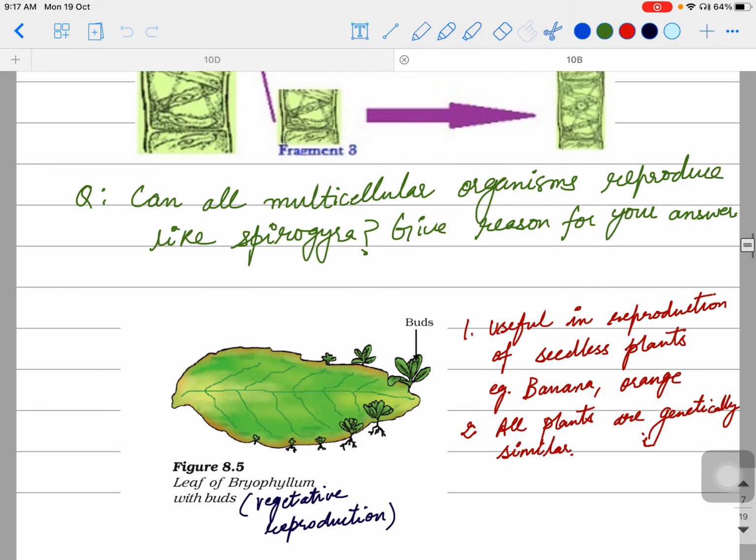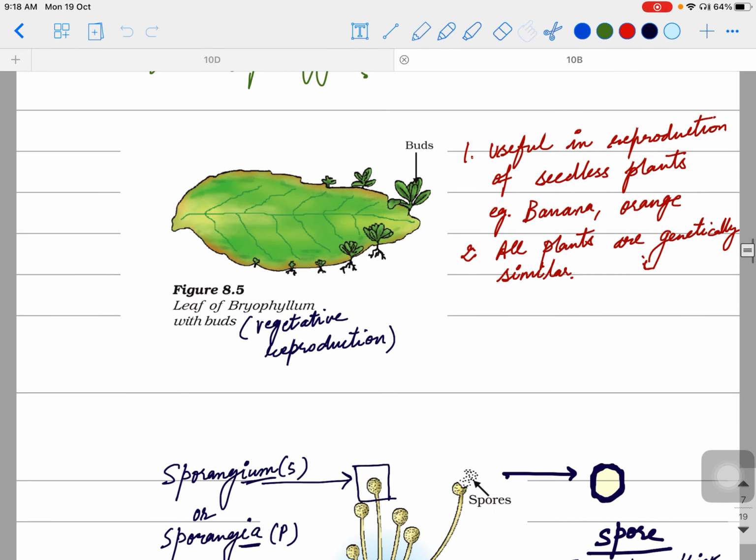Here in the live class, we have talked about this very important question. Can all multicellular organisms reproduce like Spirogyra? So we had a discussion on that, which is related to the differentiation level of the organism, the complexity of the organism. It depends on that whether the organism will be able to reproduce like Spirogyra or Planaria. It is a very important question. But this video is not about this question, so we'll move to the next method of asexual reproduction,